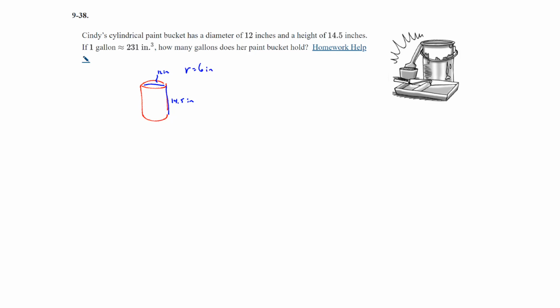So we want to find the area of the base, and the area of the base is a circle, so that's pi r squared. So r is 6, so that would be 36 pi. So that's the area of the base. And then once again, think of how many layers that you have that you need to add up, and that's the 14.5. So 36 pi